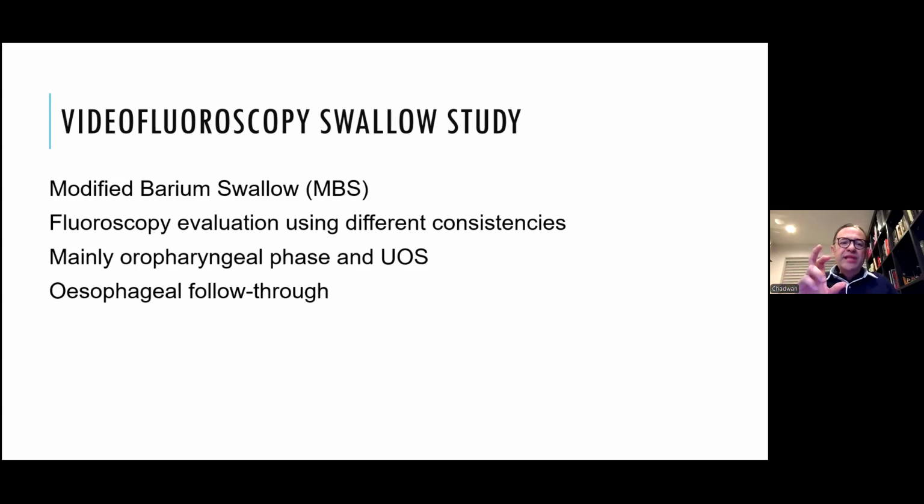Barium swallow mostly evaluates the esophagus, with a little view of the oropharyngeal phase. Video fluoroscopy is the opposite: you're mainly looking at the oropharyngeal phase and the upper esophageal sphincter, and we do an esophageal follow-through, which is more like a screening. If you really want to look at the esophagus, this is not sufficient, and you need